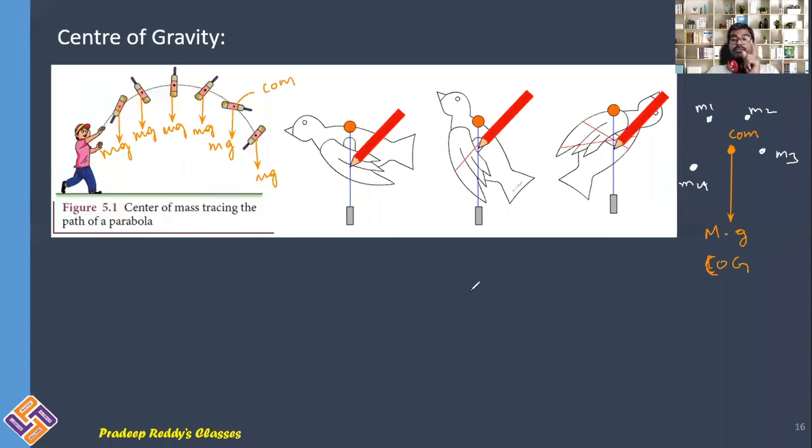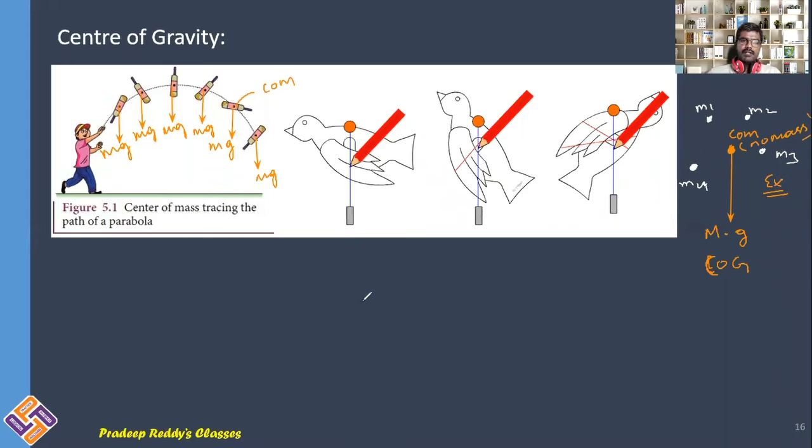And remember, at the position of center of mass, there cannot be any mass, there need not be any mass. And similarly, at the position of center of gravity also, there need not be any mass. See, in this example which we have discussed, at this position, actually, there will be no mass. M1, M2, M3, M4 are at different positions, and at the position where the center of mass is lying, we do not have any mass. But even though there acts some gravitational force in downward direction, that is called center of gravity.